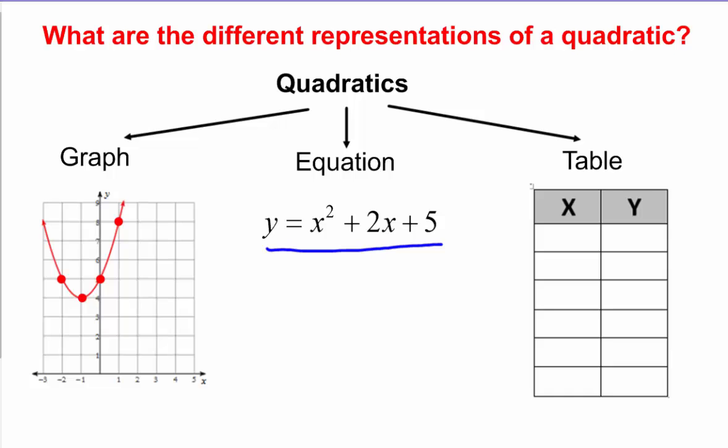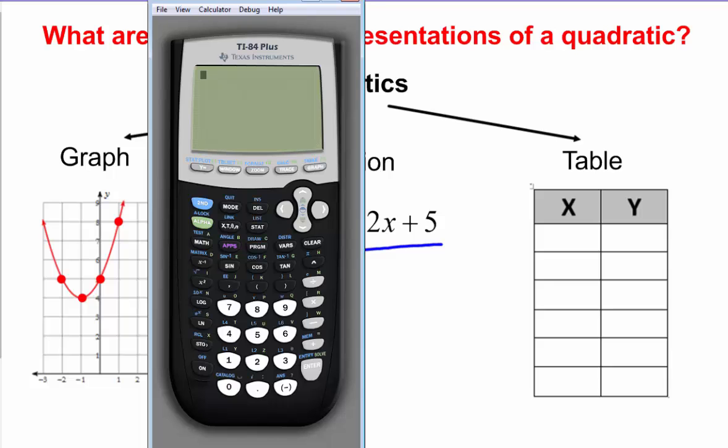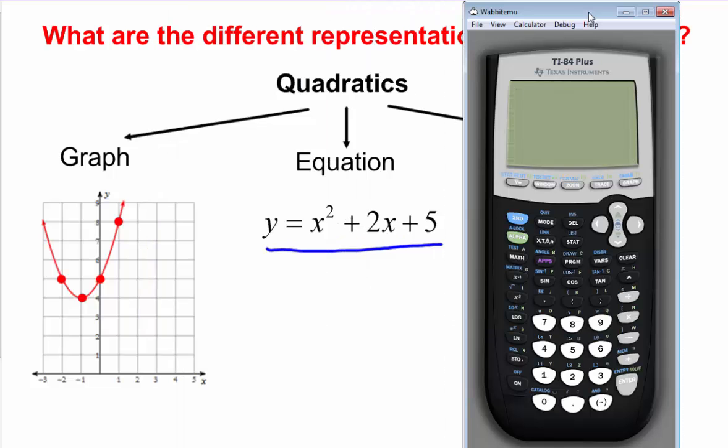So what we're going to do is we're going to pull up our graphing calculator, and I am going to go to y equals, and I'm going to type in our equation. So I'm going to type in x raised to the second plus 2x plus 5. Now, my equations match. Now, if I hit graph, I get a graph that actually does match ours. Now we can see here that if we go to our table,